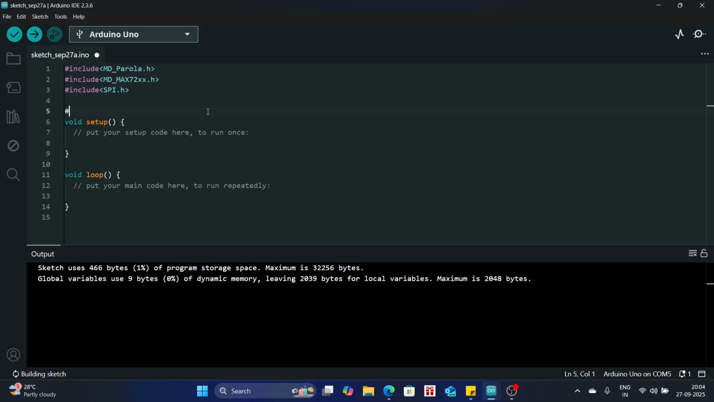So the first one would be hash define equals to hardware. So we're gonna define what kind of LED board we're actually using. So I'm using FC16. You may use a different one, so depending on that, you have to change it. So hardware underscore type, which is MD underscore